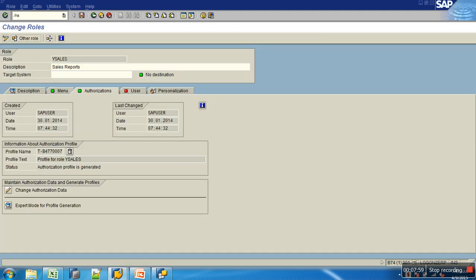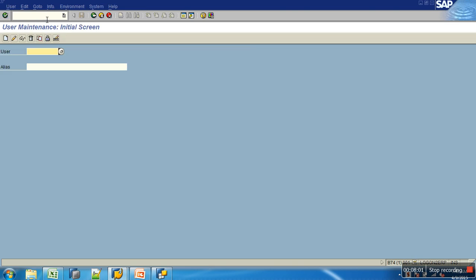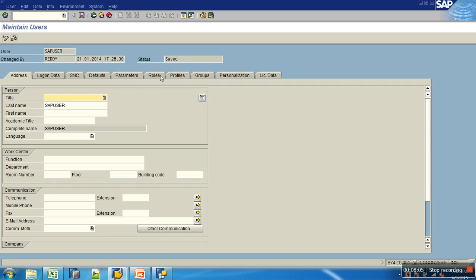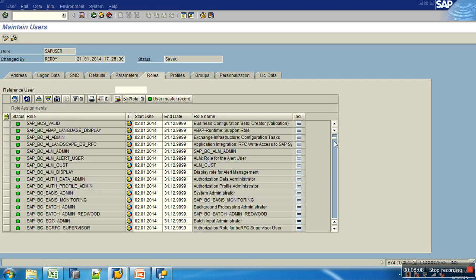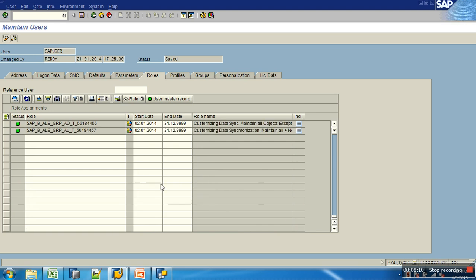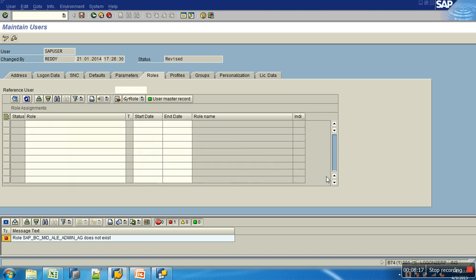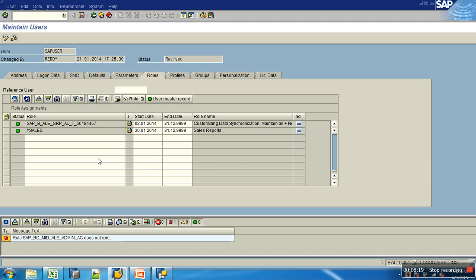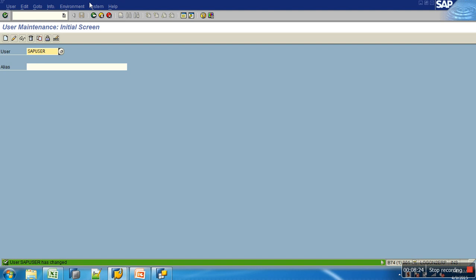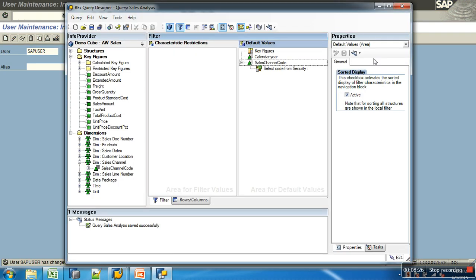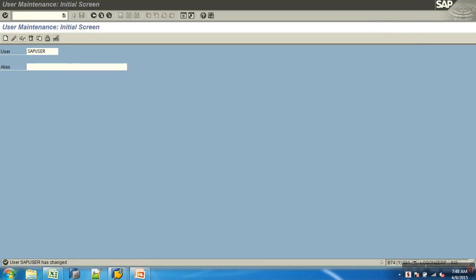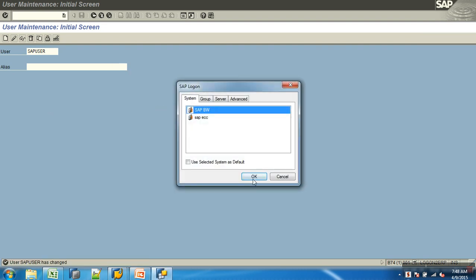First of all, I'll assign these to my user, the SAP user. First of all, he should have access to those two roles. Y sales. Y fin. Now if I just close this and log into the query,